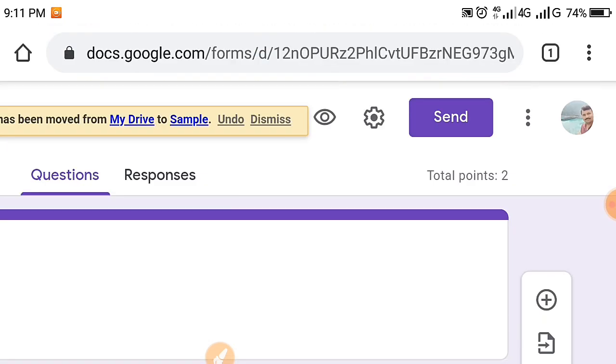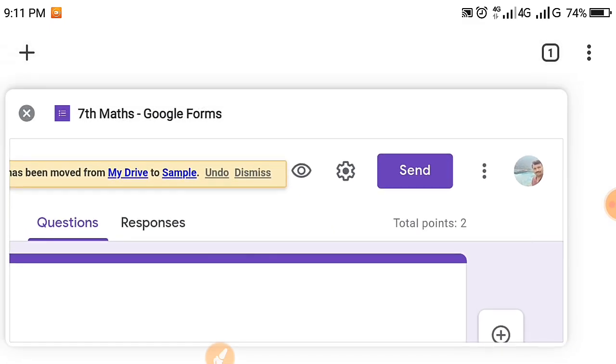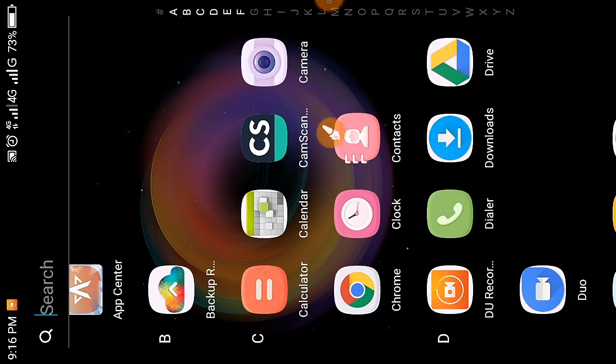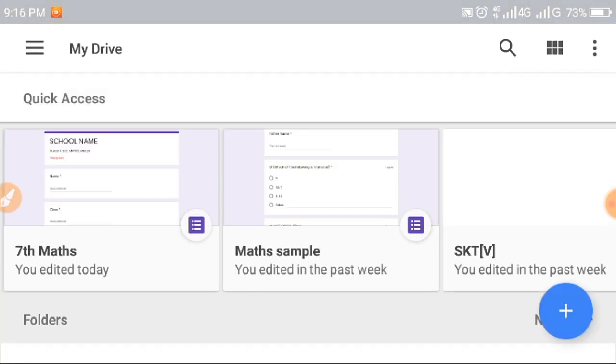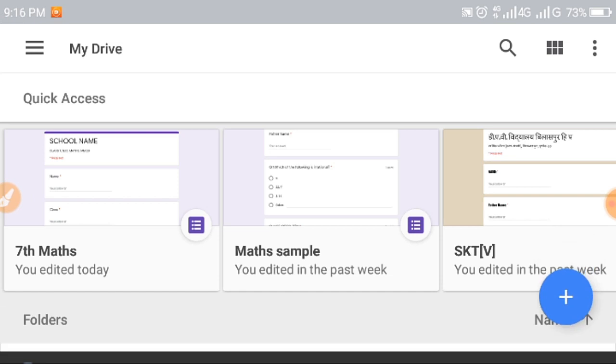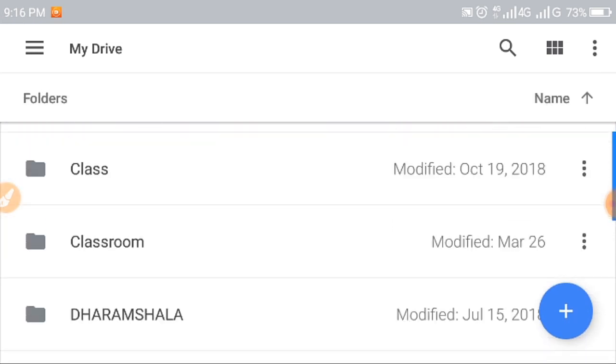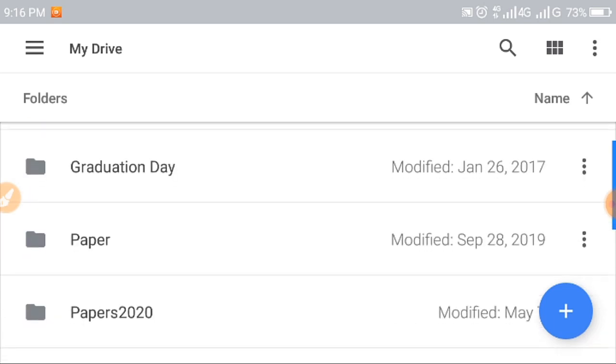After this, you can close your form and let us check in the Google Drive where your form is. So click on the drive, then see, the first paper is your 7th maths, and you can see it in your folder also.